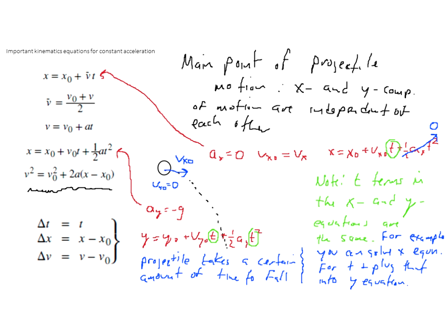So if we go back to our equations here, I will start with the simplest one. So X equals X0 plus V times T. Well, we don't know T,